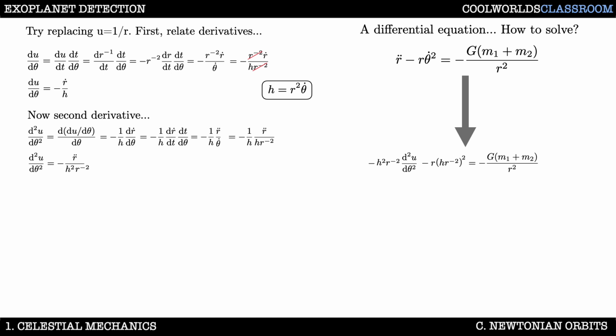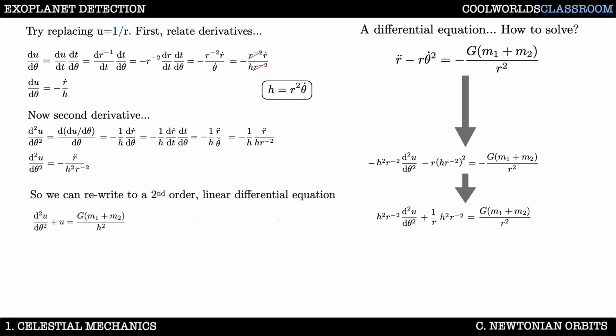Looks a bit messy, but multiplying out that bracket, we see the 1 over r squared terms actually cancel out here. So we have now recast our differential equation in r and time in terms of u and theta. Just for convenience, we're going to absorb all of the terms on the right hand side there into one term, 1 over p. This equation is actually pretty important, so much so that it has a special name known as